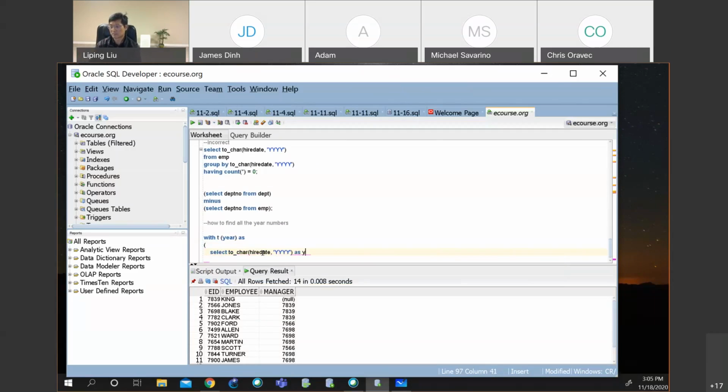Okay, let's add a year from EMP. And then where? Actually, in this case, we don't need to use where. We just need to find out the minimum hire date, just the minimum hire date. So there's no need for selecting cases. We just need to replace hire date by minimum hire date. From the minimum hire date of all the employees, I will be able to get the year number, okay? And then